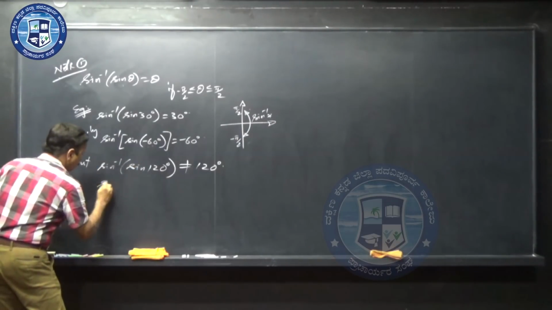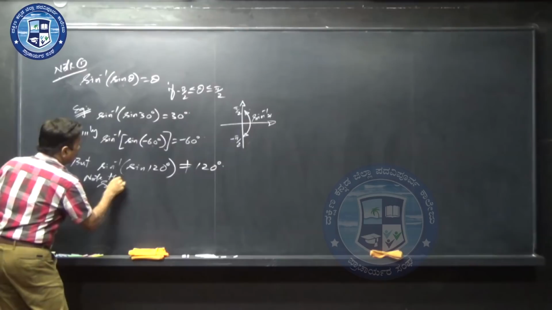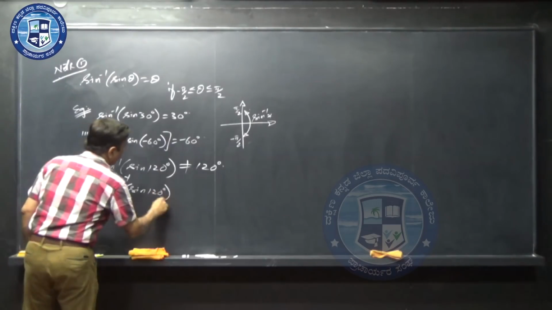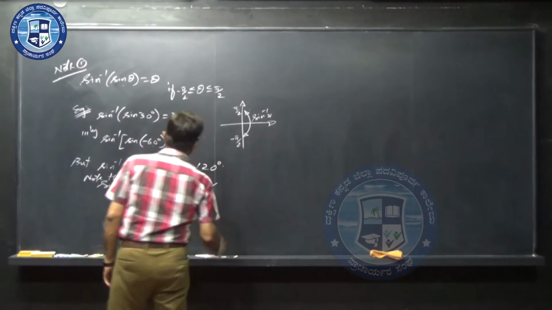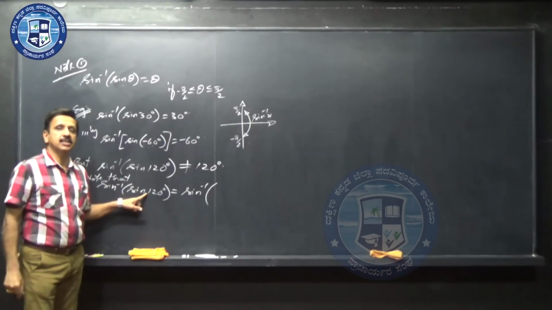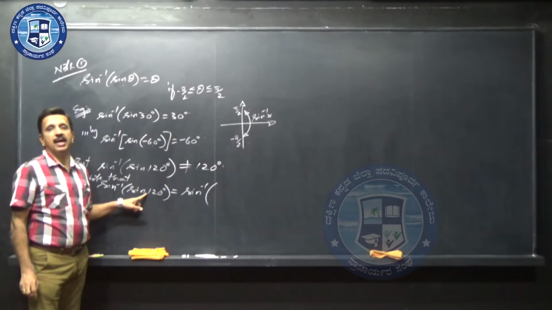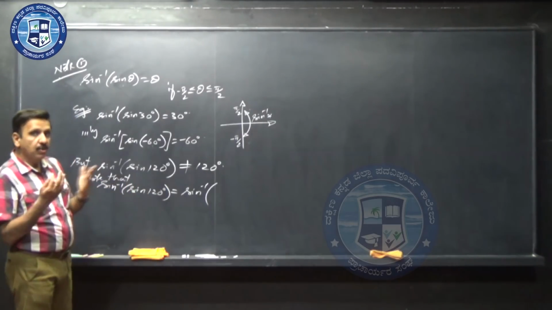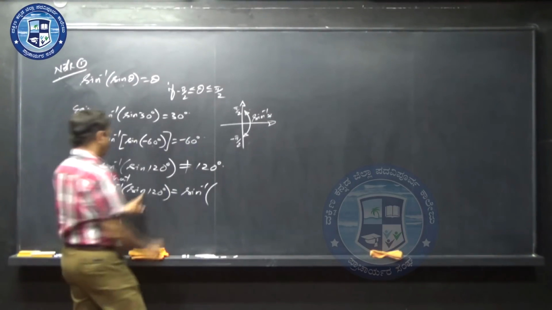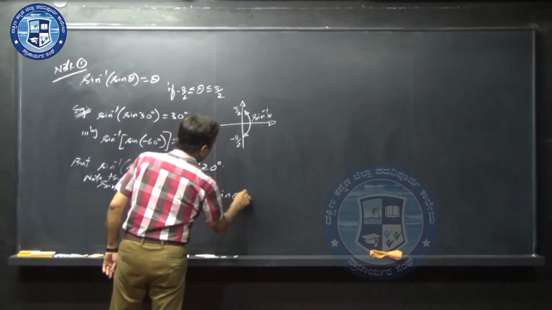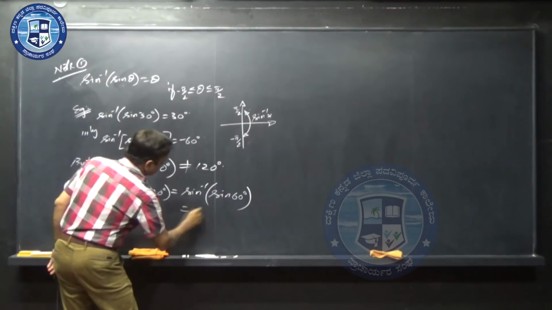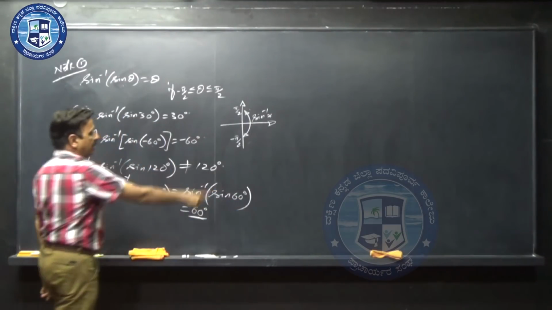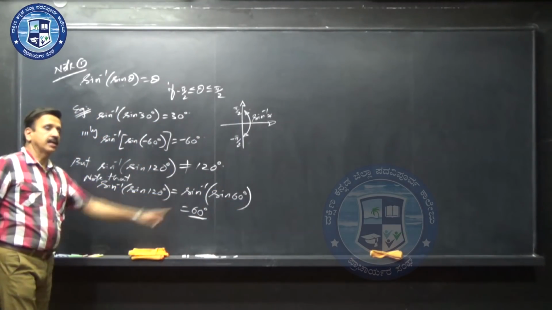Note that sine inverse of sine 120 degree equals sine inverse of sine 60, because sine 120 and sine 60 are supplementary ratios, as those two angles add up to 180 degree. So this is nothing but sine inverse of sine 60. Now the effect will be nullified, the answer is 60 degree, no doubt, because sine inverse of sine theta, theta lies between minus 90 and plus 90. Hope you can understand that.